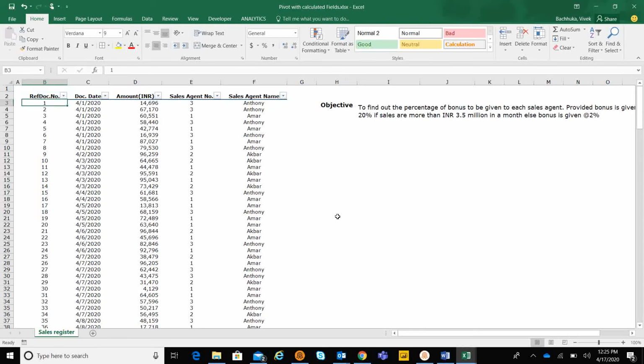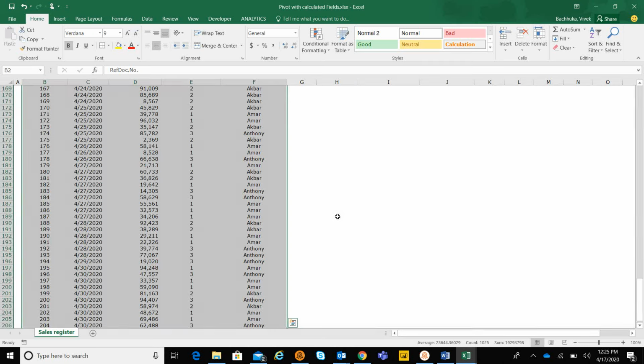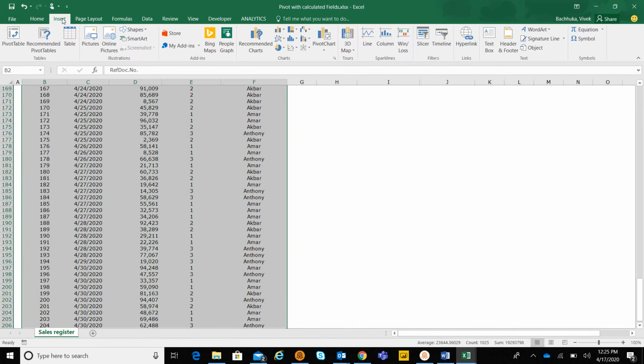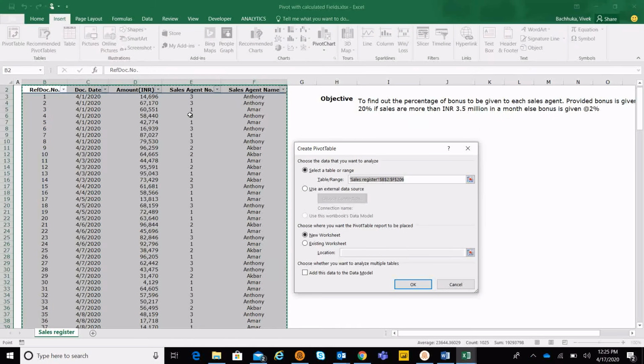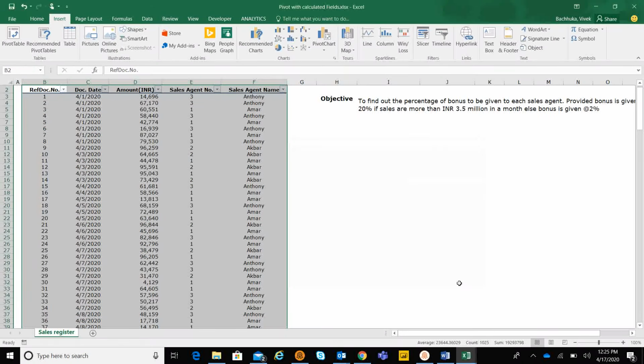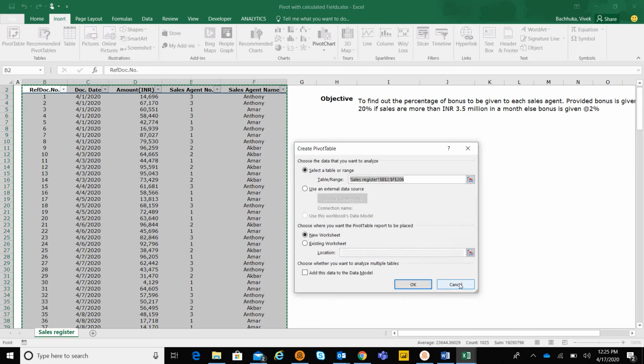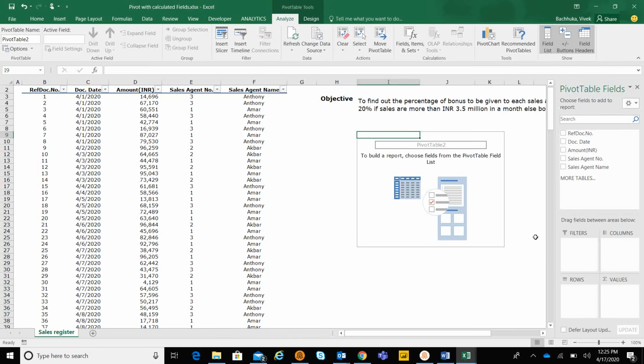First of all, let me tell you how to create a pivot table. Select the data by Control A. Then you can either go to Insert, Pivot Table, or there is a shortcut also, that is Alt N and V. It will capture the range selected by us. Now you can create the pivot table in a new worksheet, or you can add it in an existing worksheet. For that you have to set a location. I have selected cell I9. Okay, so our pivot table is created.